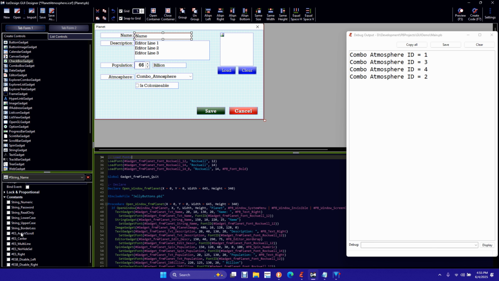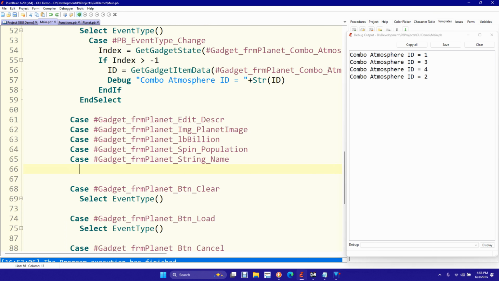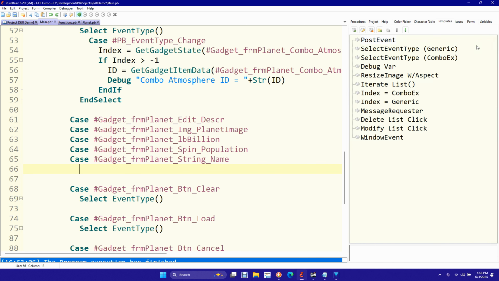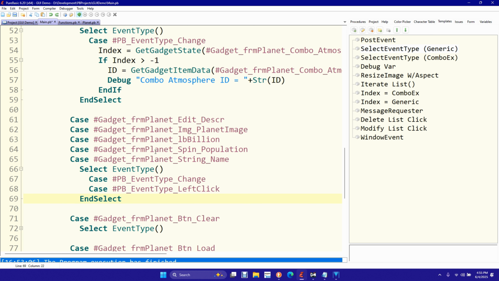But what we can do is say this. How about this? We'll come in here and say, let's go ahead and close that down. Let's put our event type in. See, you're going to type that so many times, your head is going to spin. So let's see. Let's come in here and say when that changes, this will be cute. Let's come in here and do a debug that says